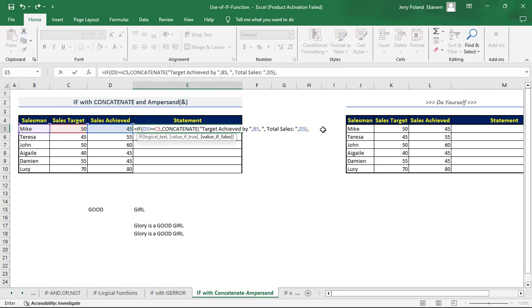How about for the value if false? For the value if false, what should be returned? You should make a text, "Target not achieved", comma, all right. We make "Target not achieved", we close that text, and then we use our ampersand. Remember that ampersand and concatenate are still the same thing, but I think the ampersand is shorter. Shift 7, like this together, ampersand,